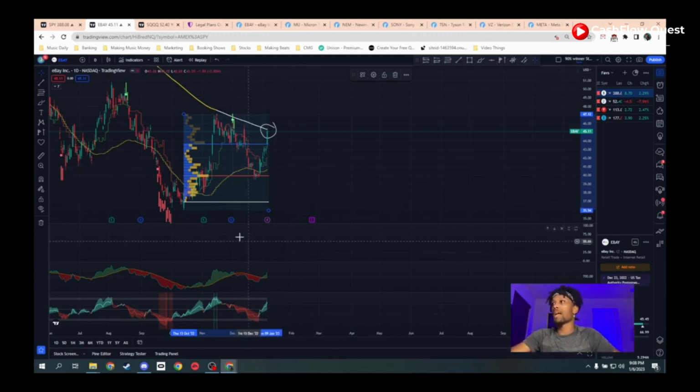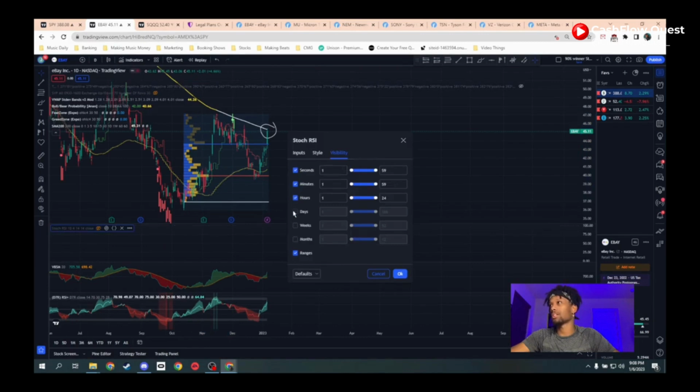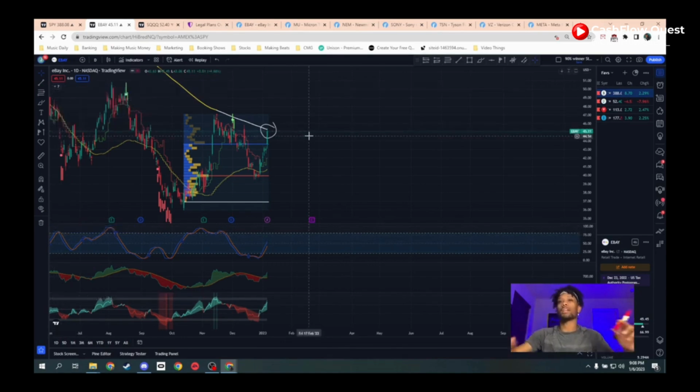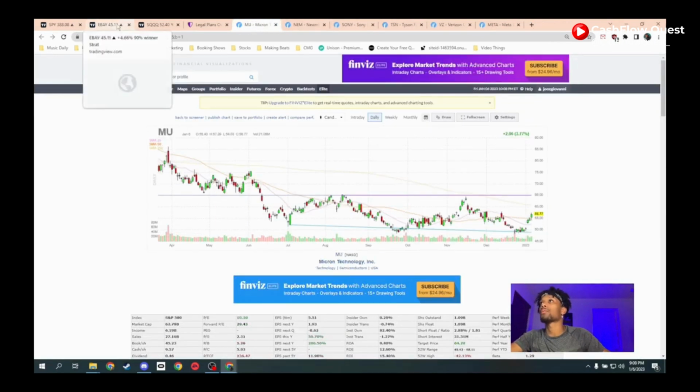So I don't use my RSI, my stochastic on this, just because stochastic RSI, I don't like it on the day chart. I'll show you why. It's just not for me on a day chart, honestly. But if you want to, that's fine. I'll just leave it up so y'all can see it. I just don't like it for the day chart. But okay, eBay is a great play. eBay looks beautiful. So now we're going to Micron,